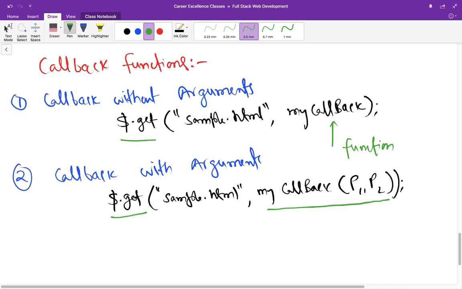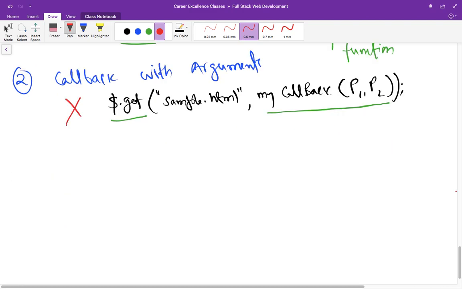So how should we pass the callback and include its argument? So there is another method. It's a wrong one. So let us try another one. So to defer executing myCallback with its parameters, you can use an anonymous function as a wrapper. So you can use it like this.